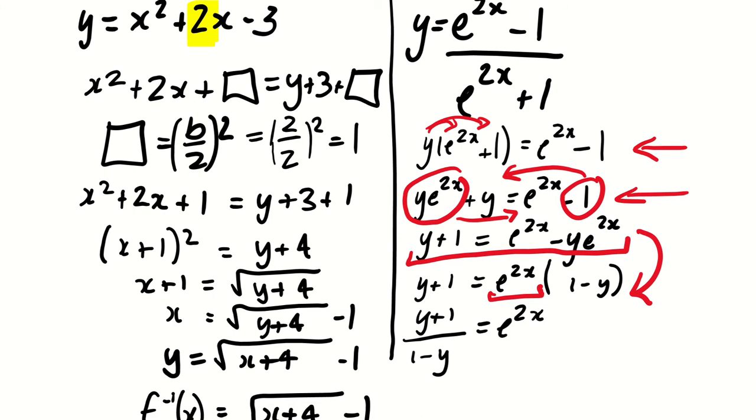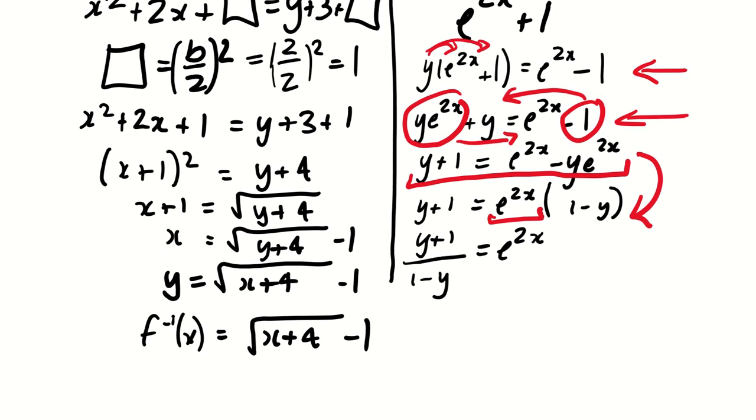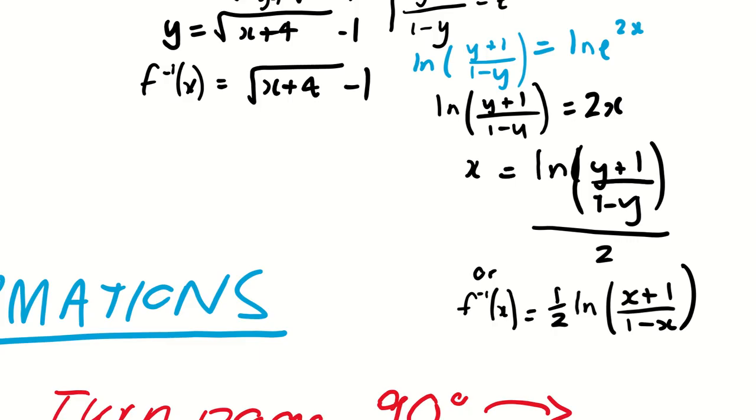And finally, I am timesing by this bracket here, so I took that to the other side and divided. Now I'm left with just an exponential. I have to undo an exponential. And how do we undo an exponential? Yes, log both sides. So I'm going to go ahead and log both sides. And don't forget, logging both sides is going to cancel that exponential out. So once I logged both sides and I got